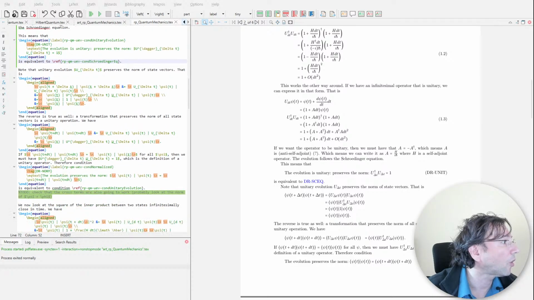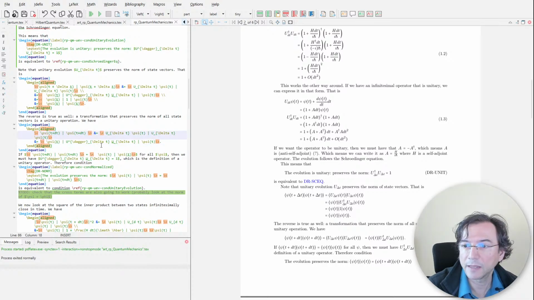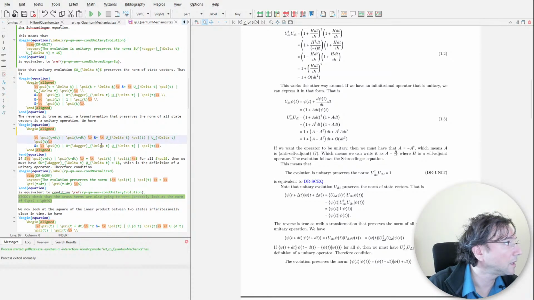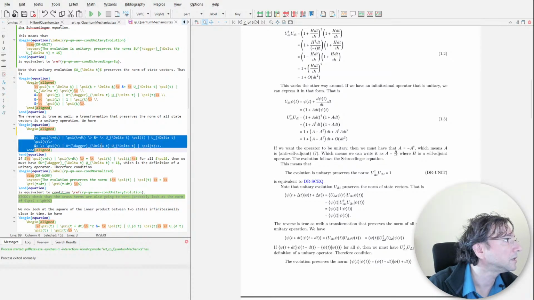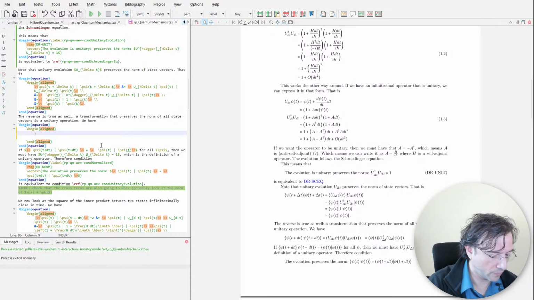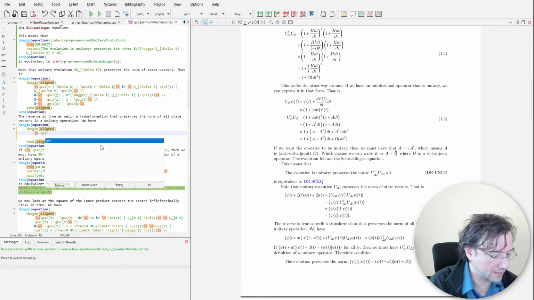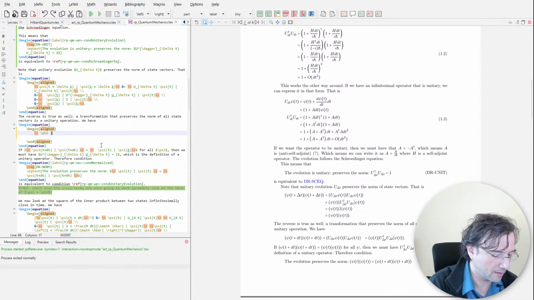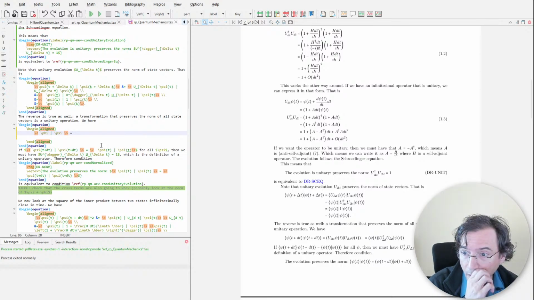Okay, so let's start copying it, and we are gonna copy it. Okay, so a representation that preserves the norm of all states is a unitary operator. So we are gonna take it here. We are gonna say that. So this I don't need. We have phi, psi, equal